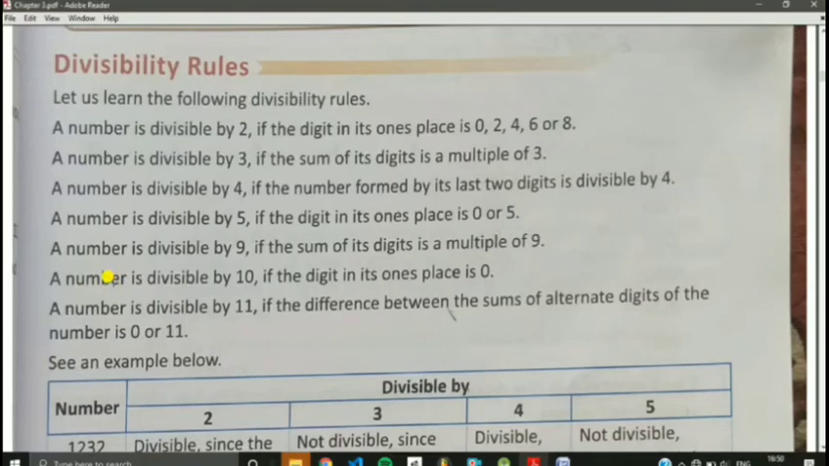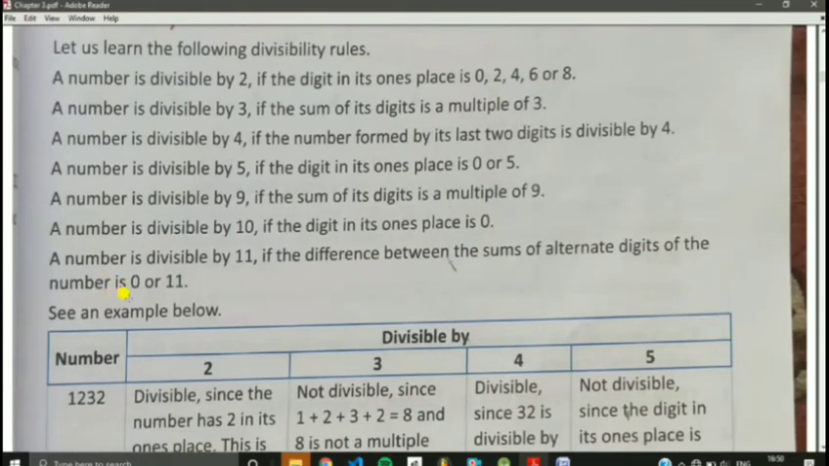Please listen to it properly. What it says: a number is divisible by 11 if the difference between the sums of the alternate digits of the number is